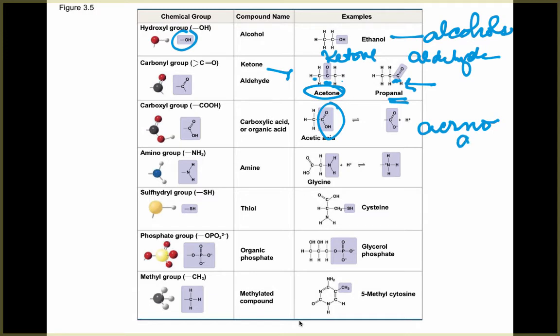And this is what you're going to see on the other end of an amino acid, which is called the amino group, thus amino acid. And that's just this nitrogen with hydrogens attached to it. Sulfhydryl groups are these things that have sulfurs,